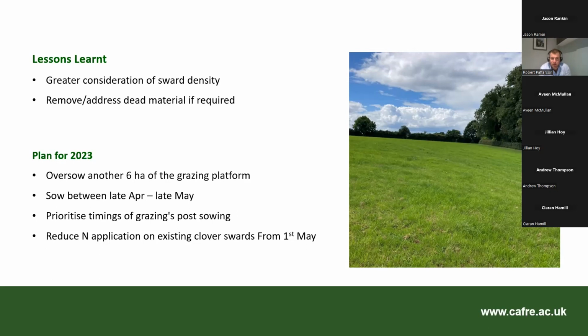So I suppose there's a message in there that before you can be a good manager of a clover sward, you need to be a good manager of a grass sward. And I suppose going forward this year in that 3 hectare paddock that has done quite well, we're going to be looking to try and keep that amount of clover in the sward, and reduce the amount of nitrogen that's going on to that paddock this year, as those white clover plants start to fix their own nitrogen